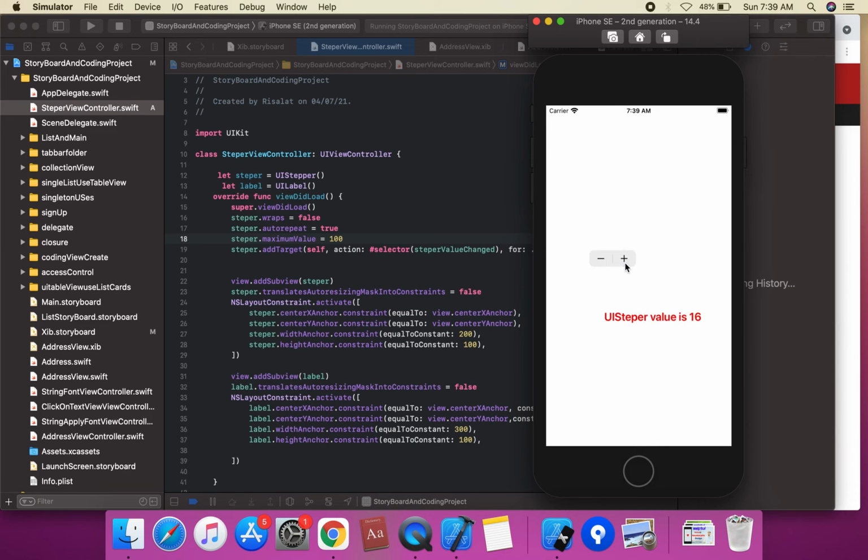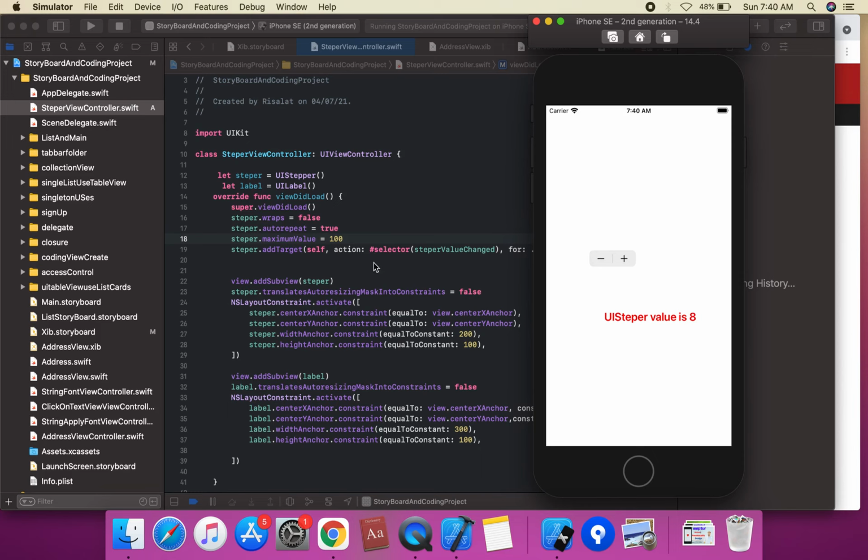So with UIStepper in UIKit we can increment and decrement values. This is the increment and this is the decrement. This is the stepper.